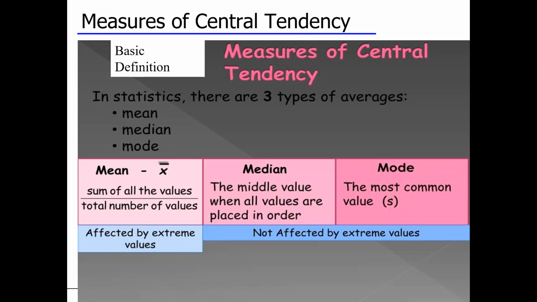Let's take an example. Suppose somebody is asking you, what is the average salary for this position in a particular company? If you take the salary of all these people, some of them may be very top level management, some of them may be junior executives, and if you take the average, it may not give you the actual figure. Rather, if we just collect the data of all the employees in that particular category and arrange them from smaller to larger, we can find the middlemost value, which is nothing but the median.